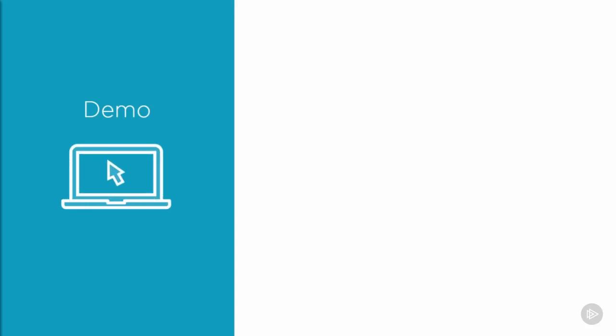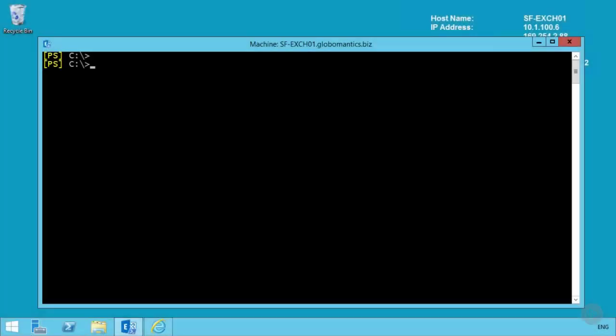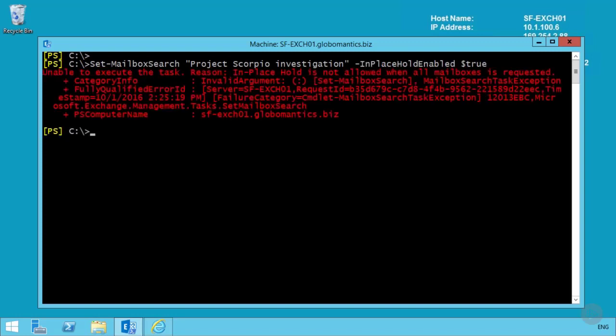Now let's also take a look at applying in-place holds to mailbox contents. In-place holds can be applied to existing eDiscovery searches. So for example, you could try running Set-MailboxSearch and use the previous example of the Project Scorpio investigation and set InPlaceHoldEnabled to true. But in this case, it's going to fail because in-place hold is not allowed if a search is scoped to